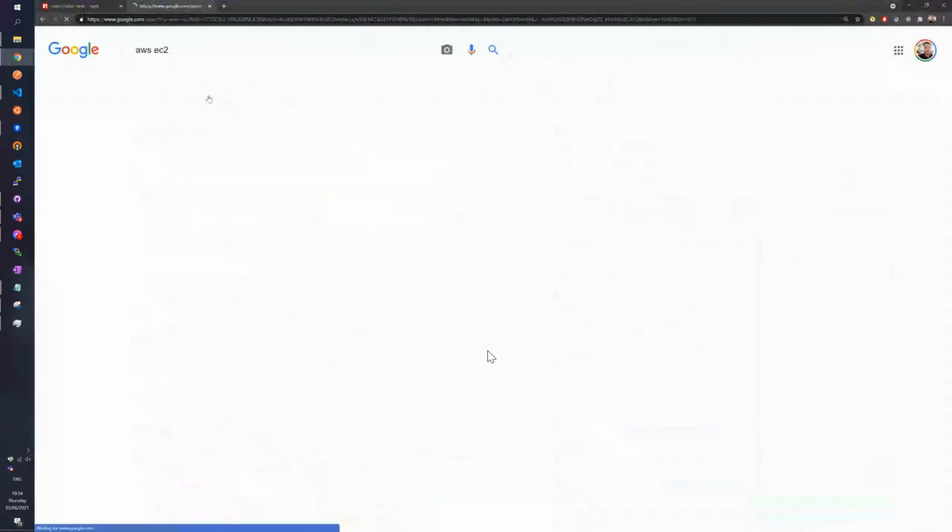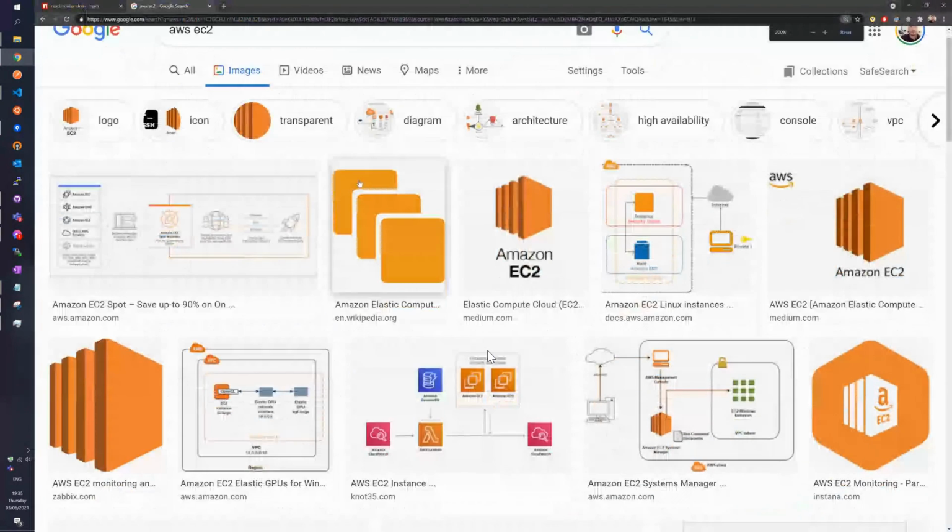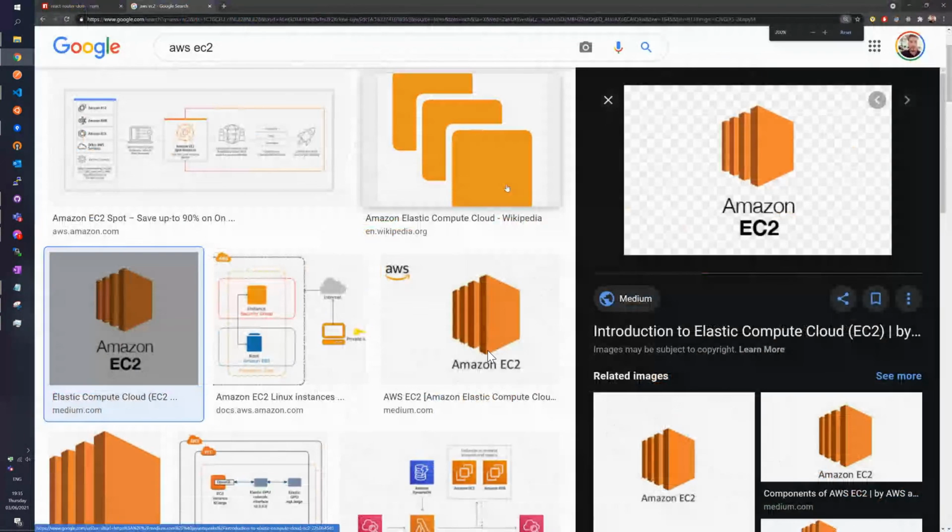And EC2 is pretty much a virtual machine. It's a Linux server somewhere in the world, in Frankfurt or wherever. Sorry, your camera did a very funny glitch.